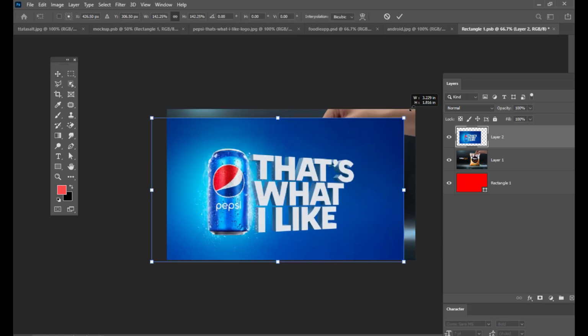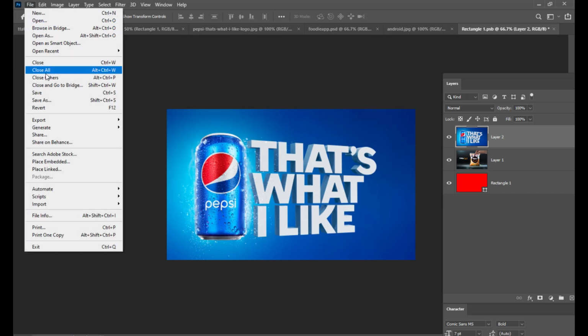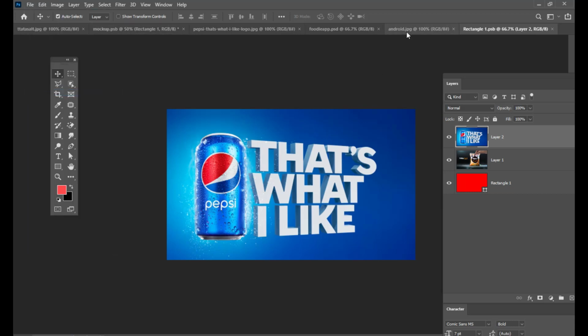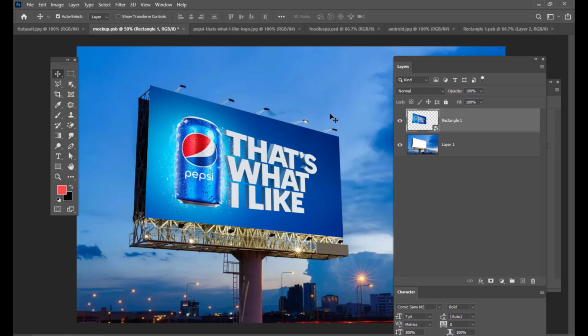Adjust it properly and don't forget to save. The moment you save and open your original billboard file, you will see that the previous ad was replaced by this Pepsi ad.